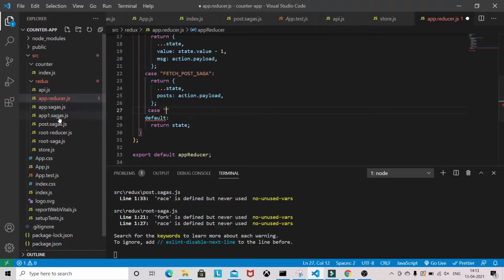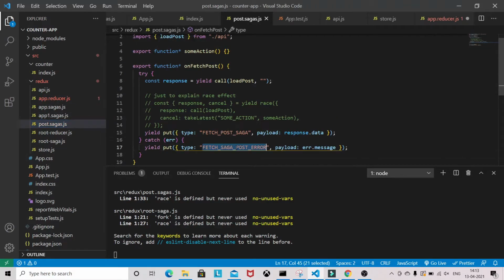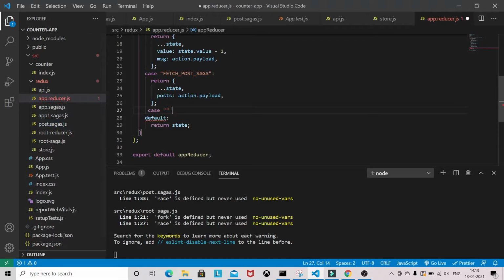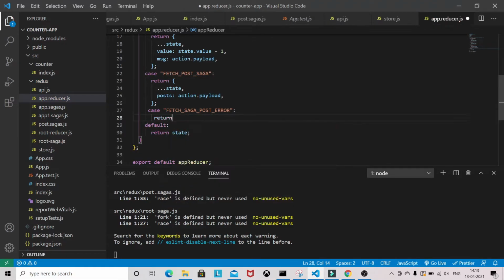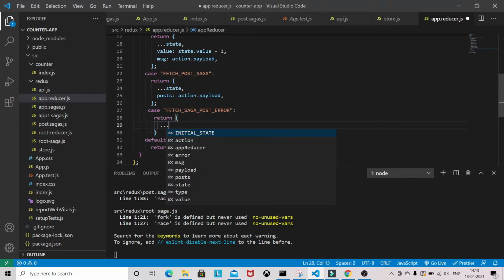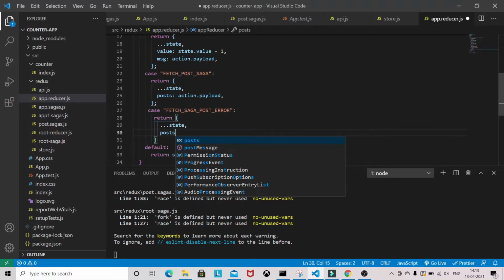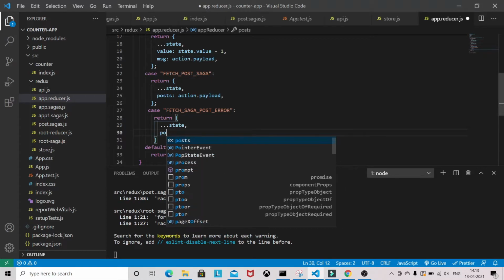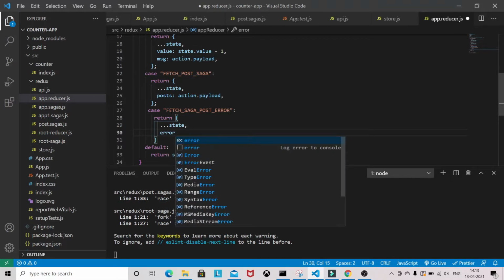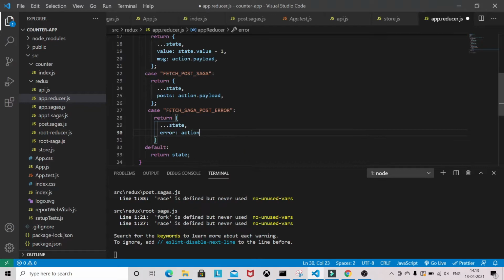I will copy this action type, and I will return the state with error, and the action.payload.